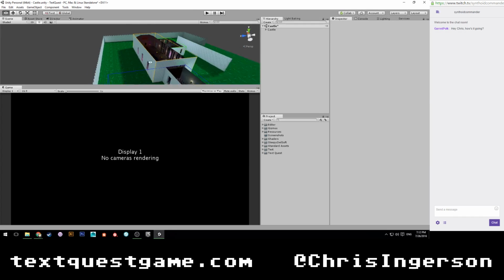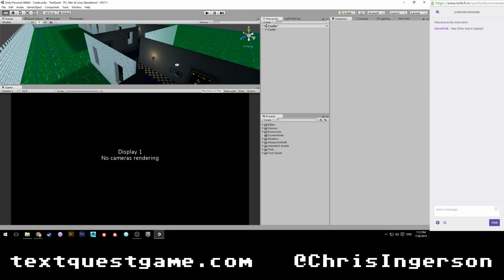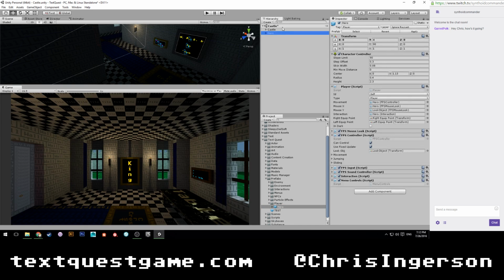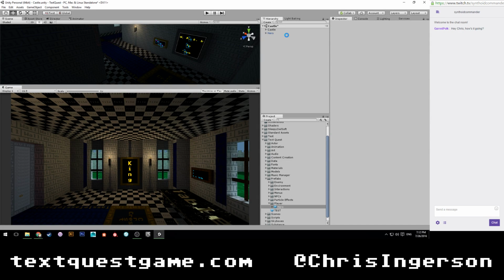So, for example, let's say that you were in this hallway to start out, and I guess we'll just go ahead and drop in the player to make my point. So let's go text quest, prefabs, and I think we're also going to fix this tonight to make it a little easier to spawn in. So we're going to say this,